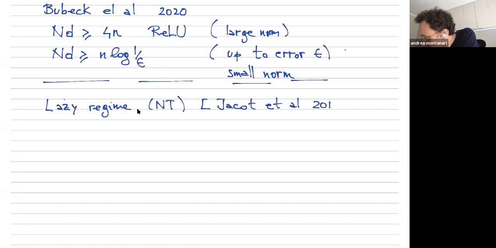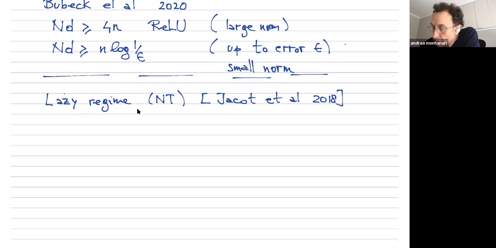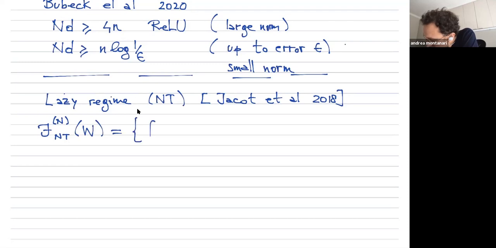There are some older papers, but this was really put to the fore in 2018. What this means is that instead of the original class of functions, I look at a simpler class of functions, the NT class of functions. This depends on a set of weights W. And this is defined as the set of functions